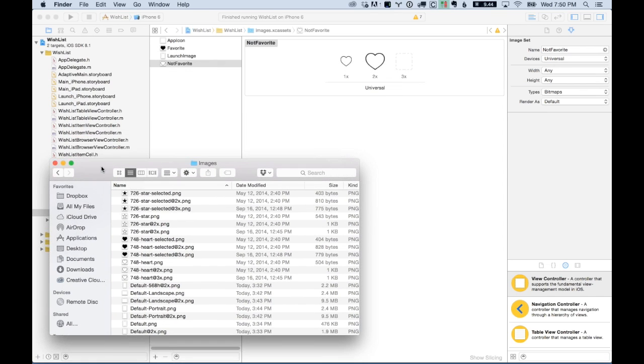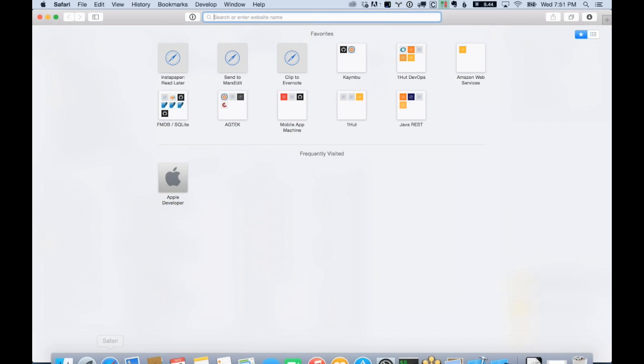Now these images, if you're working with a graphic designer, the graphic designer is going to need to start providing you with these 3 different sizes for all the images, not just 2. There are a lot of commercial sets of images that you can purchase, or there are some free ones as well. But many of these sets of images have been updated to include 3x images in the last month or so. So the images I'm showing you here come from a set called Glyphish,